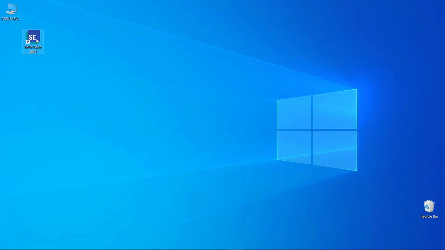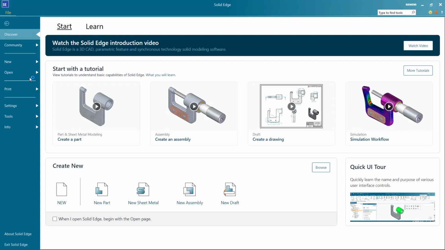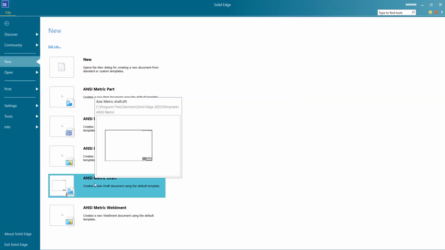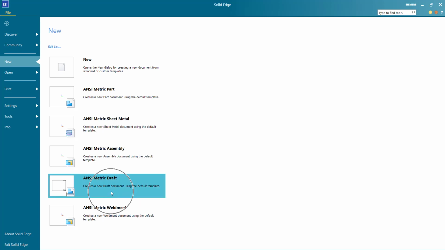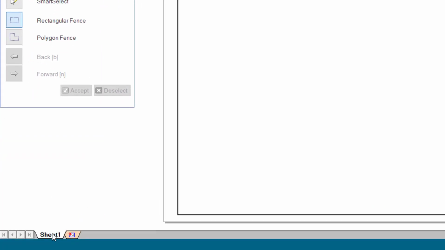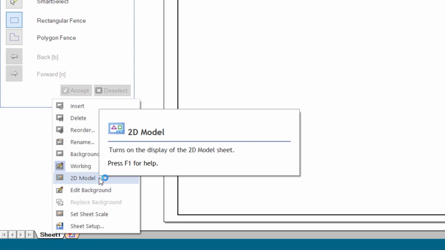To get started, we'll double-click on our Solid Edge 2023 icon. We'll come to New, and we'd like to create a new ANSI metric draft file. And I see this default drawing view, and I'm not going to use that right now. So if we come over here to Sheet 1 and right mouse click and go to 2D Model, and we're